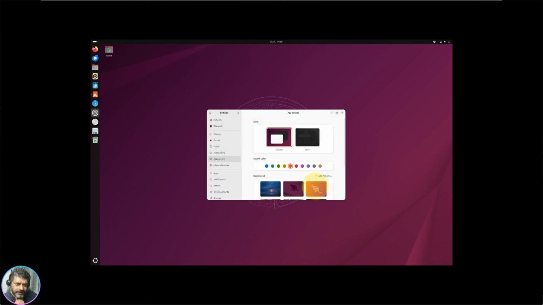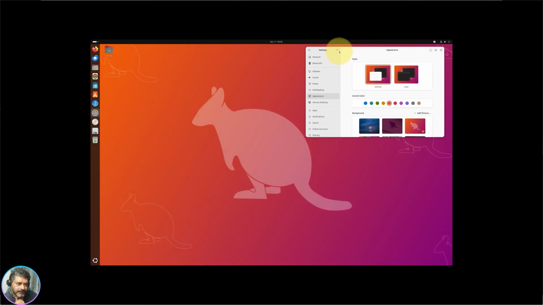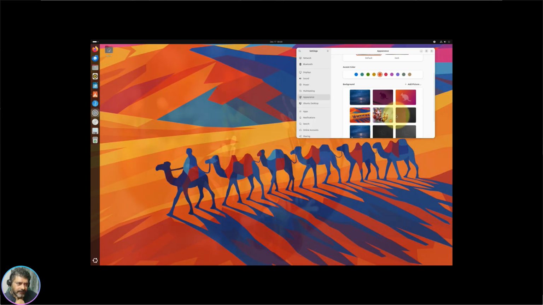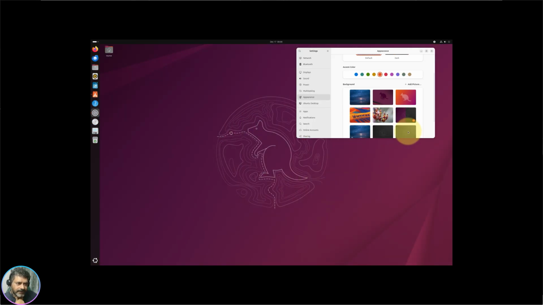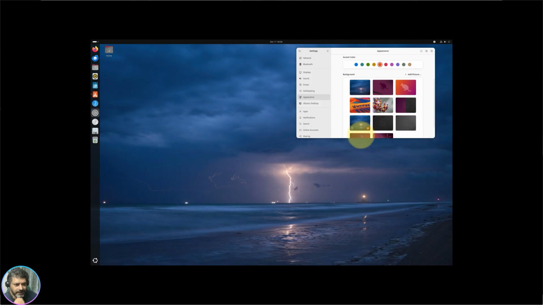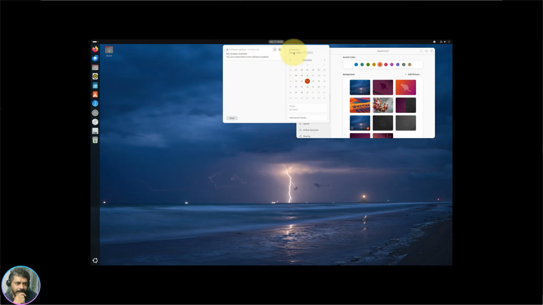You can change the background here. Wow, this looks good. I always like the selection of the wallpapers. This one is time based. So if it is night time, it will be black. So this is time based. This is also time based. So if we change the time, I should be able to change the time. Oh, it's asking that